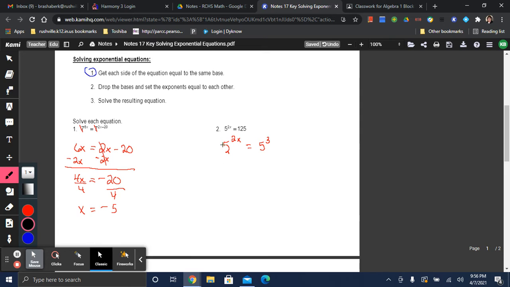And I can cancel those bases now and then set my exponents equal to each other. So 2x would equal 3. I'll divide both sides by 2 and get x equals 3/2. If you get a fraction, go ahead and leave it that way. So that's solving for the exponent, where we first of all had to make the right-hand base equal to the